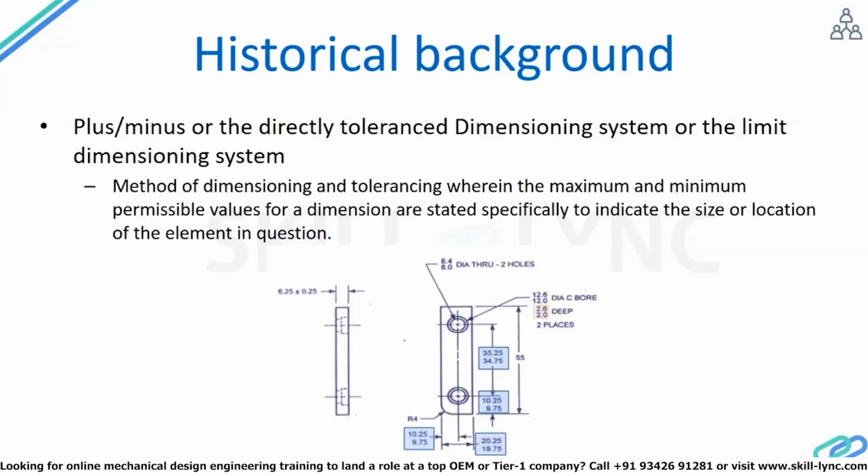When I say coordinate dimensioning, what I mean is you are not going to dimension the different features in the part. Instead, you are going to dimension the coordinates of different features. For example, there is a drill here. The counterbore drill is available here. We are going to dimension the center point of the drill from this coordinate. You can see clearly it is 20 plus or minus 0.25. So this is what is called coordinate dimensioning. This being the starting point,